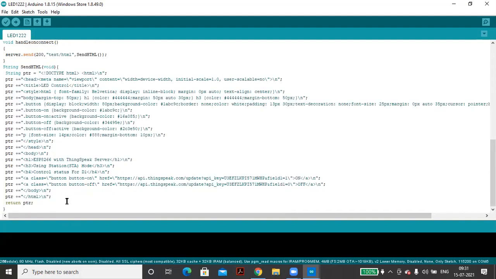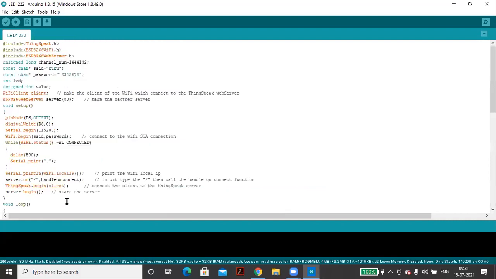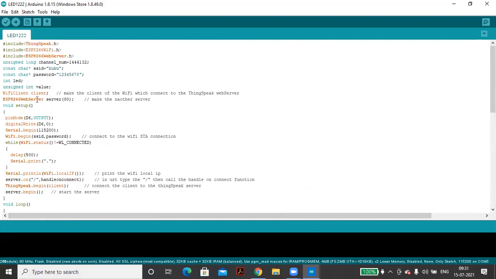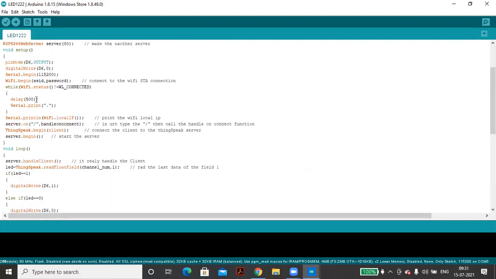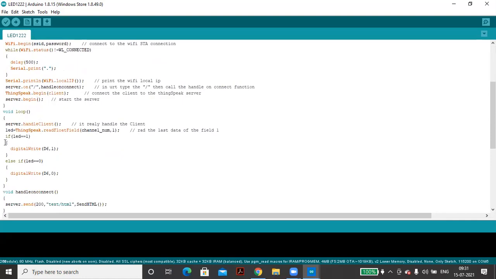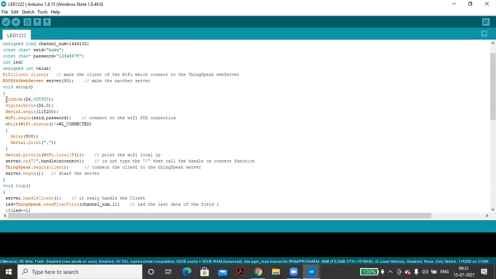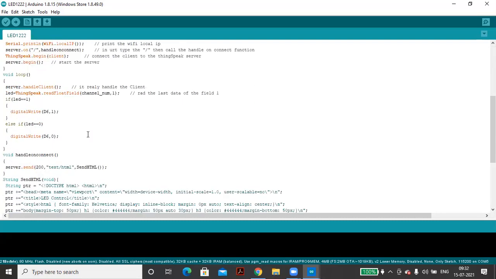Suppose you want to build anything that can have an analog sensor. Then you just have to define it, the other things remain the same. Whatever you are going to do with Arduino, the interface and sensor interface, you have to change from these lines, because we are using a digital pin, so we define it like this. If you are using something else, then you have to write like this. Here, where we have defined it at the start, you will have to define it in analog form, and the other things remain the same.